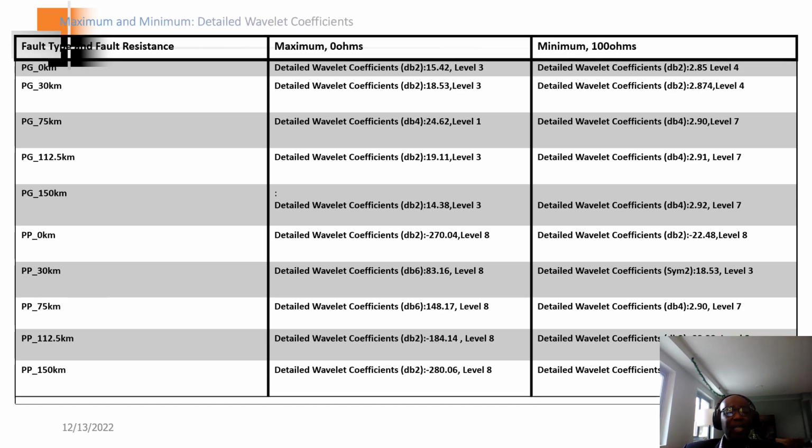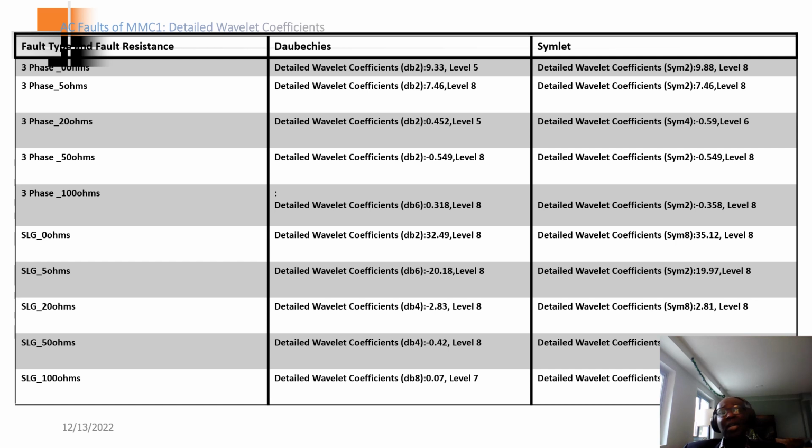From there, I'll determine the maximum and the minimum, and then I'll add a reliability factor. Based on the maximum and the minimum, after adding the reliability factor, I'll be able to determine when protection starts. I'm looking at a reliability factor of about 5 to 15%. This also shows the detailed wavelet coefficients for faults on the AC side,